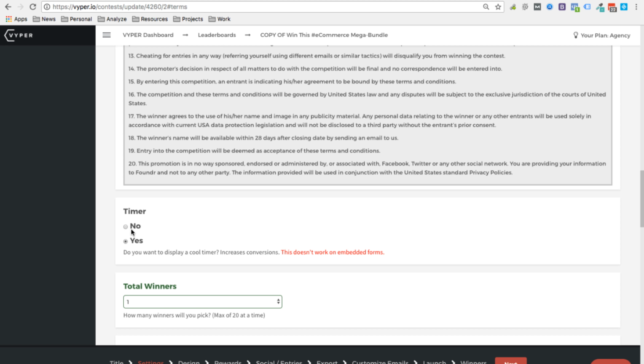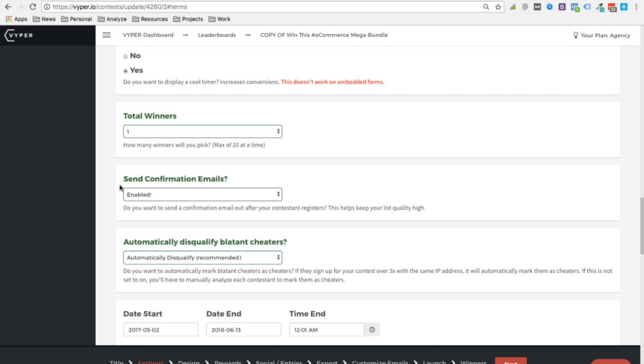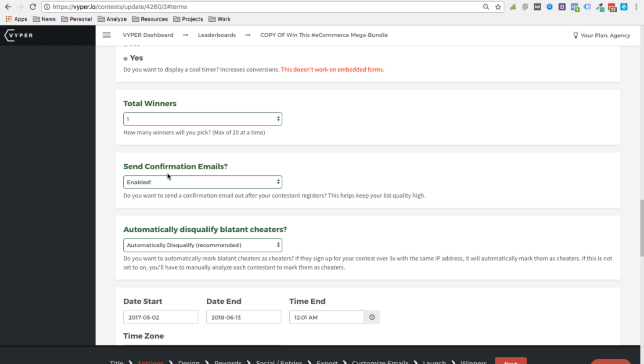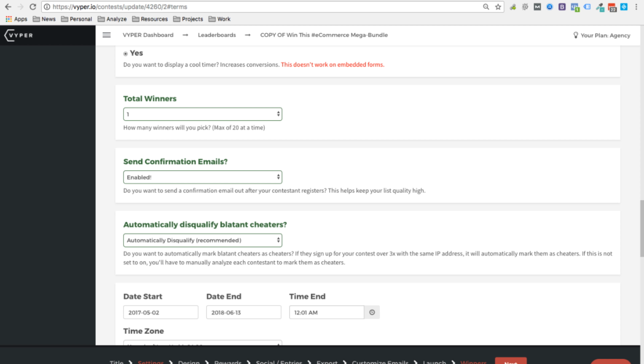Again, this is that timer section that I showed you earlier. You can enable or disable that. You want to choose your winner. I also suggest that you set confirmation emails. This will keep the quality of your list a lot higher, and it will also show you on this winners tab a little bit later who confirmed that email and who didn't, and that kind of gives you a gauge about how engaged that person who entered was. The other thing is, obviously, your support email is also appended to this confirmation email so they can get in